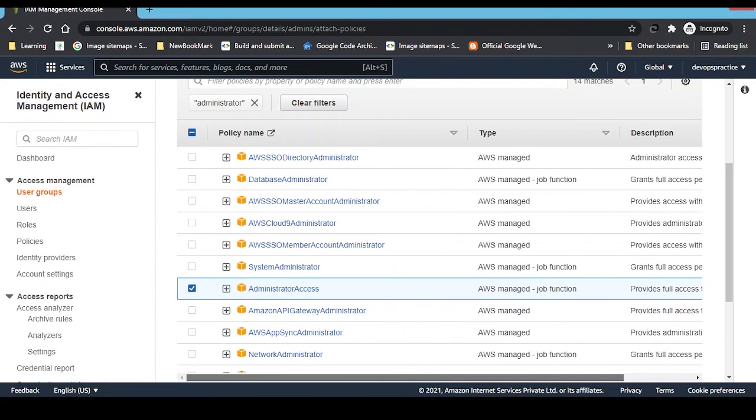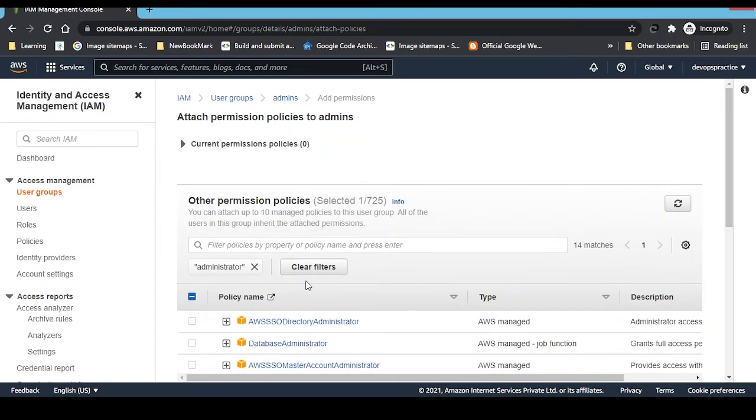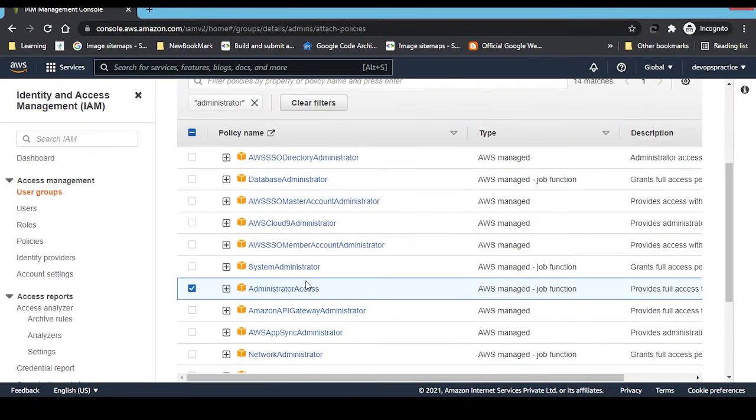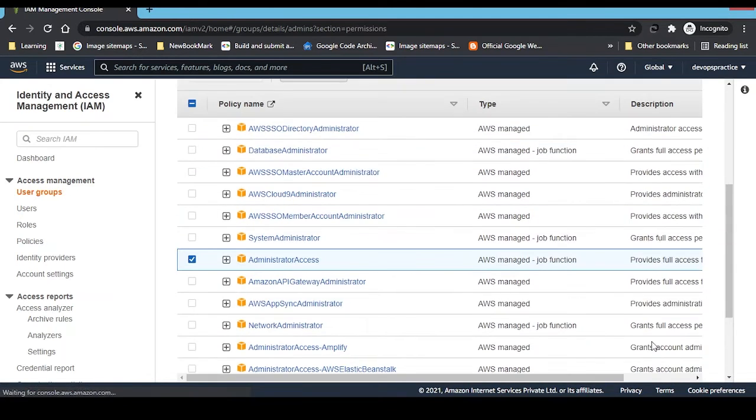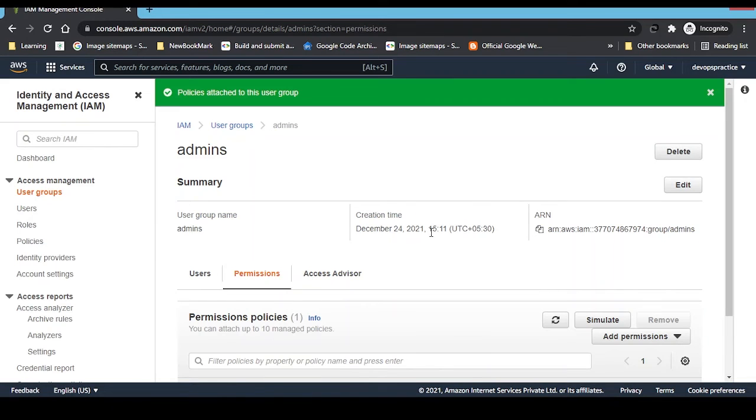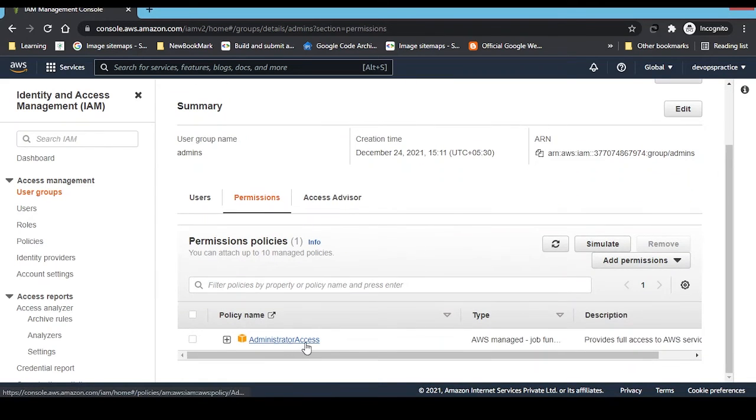It can access all the resources and work on behalf of your root user, but some permissions are not allowed to this user as well, because those might be permitted only by the root user. So after clicking this administrator access, just add this permission. Now if you see, we have added this administrator access.